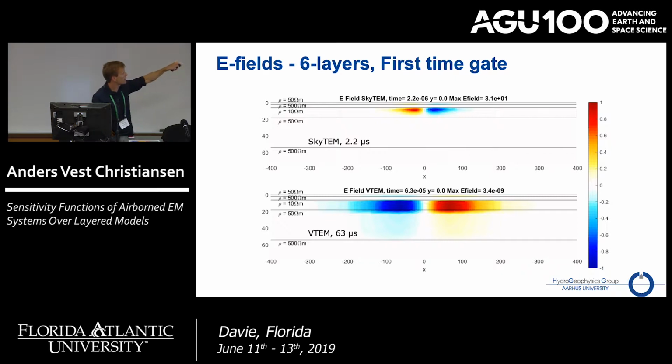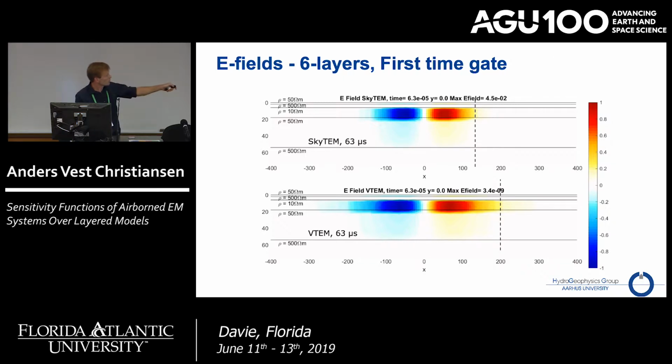And if you compare that again to the first gate of the VTEM, we're here at 63 microseconds, and we see obviously a much more widespread current system, but also note that the current system is actually caught in this low resistive layer, if you wish. If we then jump to SkyTEM, just to have comparable grounds here, also at 63 microseconds,